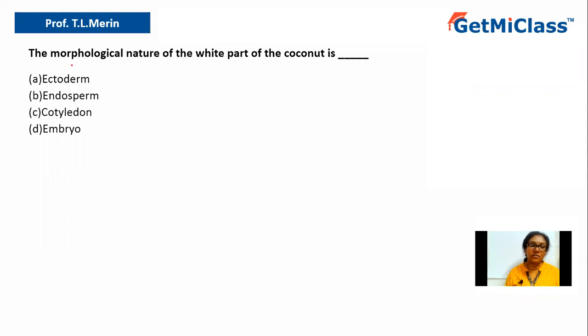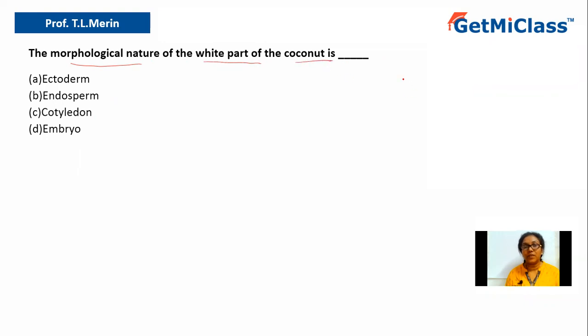Today we are going to solve this question which says the morphological nature of the white part of the coconut is dash. Option A, ectoderm, option B, endosperm, option C, cotyledon, option D, embryo. So what are we talking about? They're talking about the morphological nature, that is the physical nature, the structural nature of the white part of the